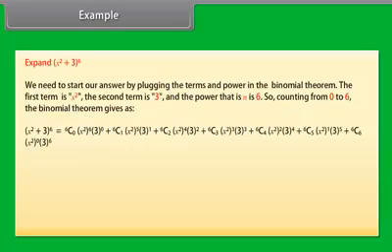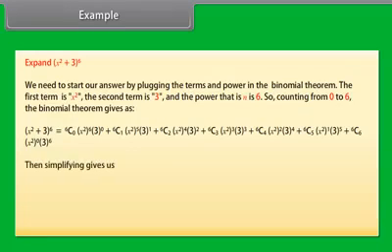Example. Expand x square plus 3 raised to power 6. We need to start our answer by plugging the terms and power into the binomial theorem. The first term is x square. The second term is 3. And the power, that is n, is 6. So, counting from 0 to 6, the binomial theorem gives x square plus 3 whole power 6 is equal